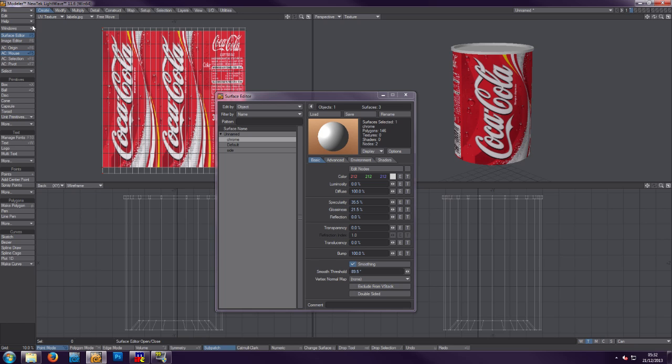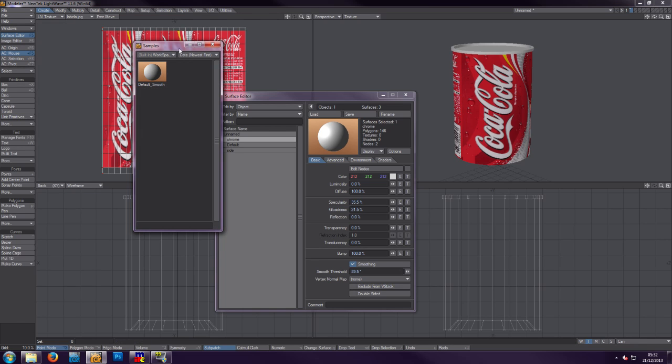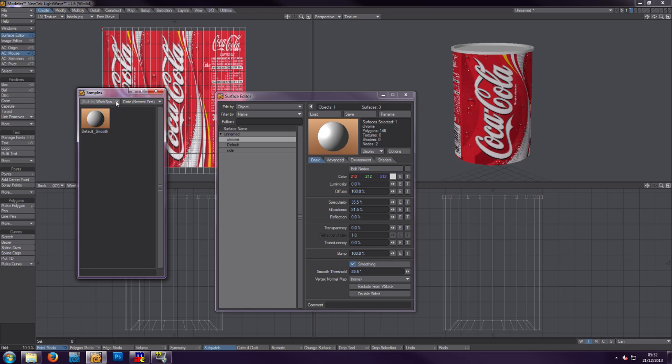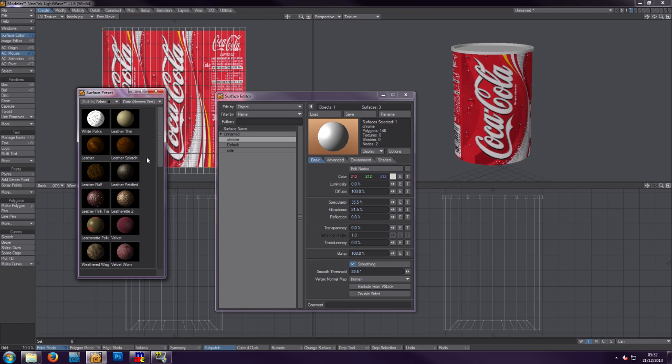If you go over to Windows and the presets panel, we actually have quite a few preset materials. They are materials because they're not just text or images. Like you have cell shading, you can make things look cartoony. Fabrics, there's leather,